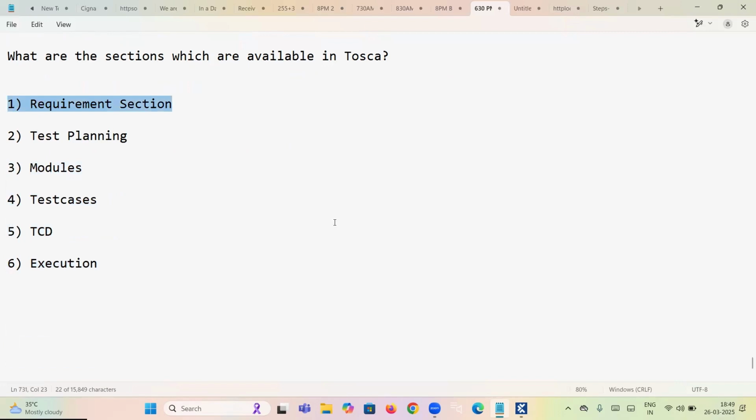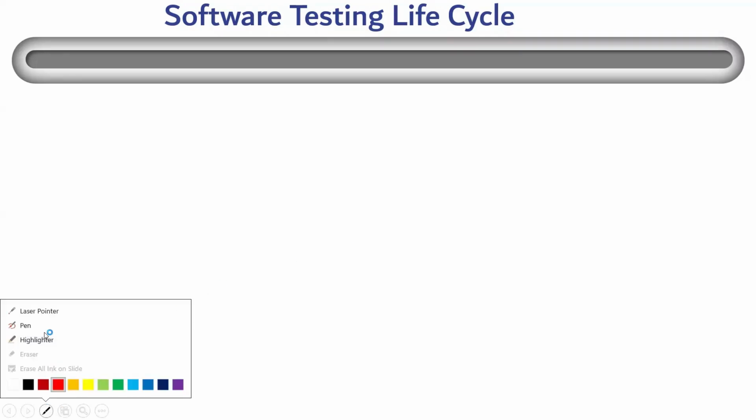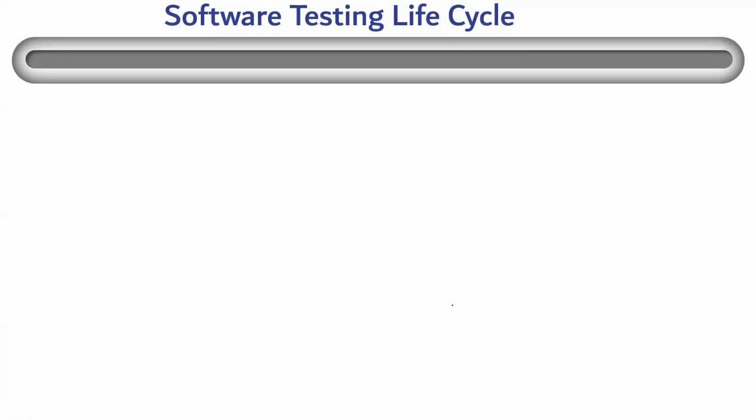Because every time in the testing life cycle, generally we need to see this testing life cycle, guys. With this testing life cycle, you can understand what exactly we need to do and how we are automating it. Observe this one. This one is very, very important. For example, the testing life cycle. Generally we are all automation testers, right? So before you learn automation testing, what you need to do? You need to learn what exactly the software testing life cycle is.